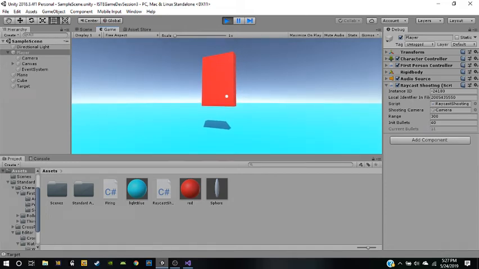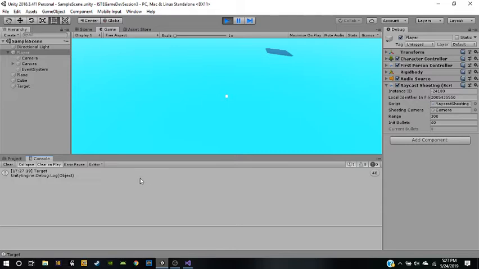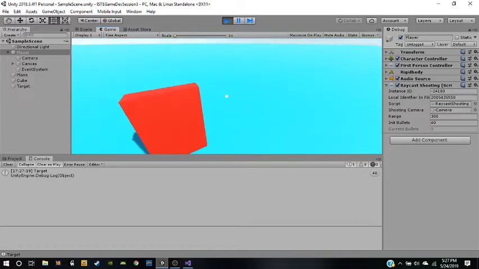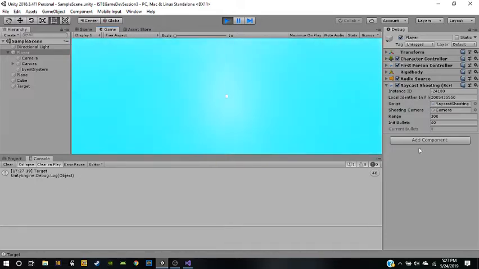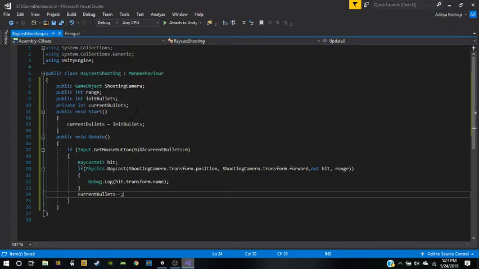So you can see that if I shoot, there will be exactly 40 outputs here. And now if I'm shooting, I'm unable to shoot when I click on my left mouse button because I don't have any more bullets. So first thing we need to do is enable reloading. After this, we leave that for now. First, we'll talk about the